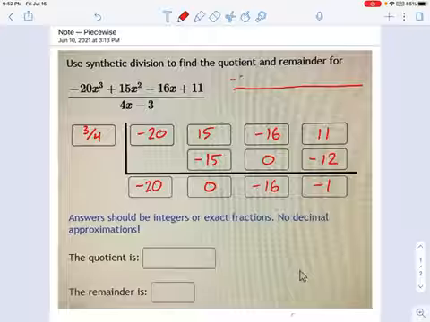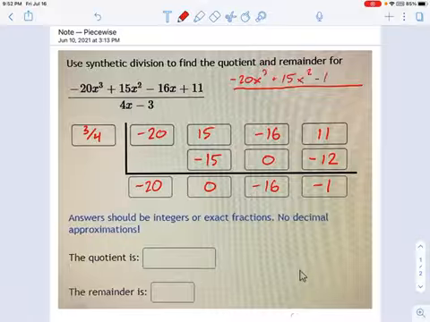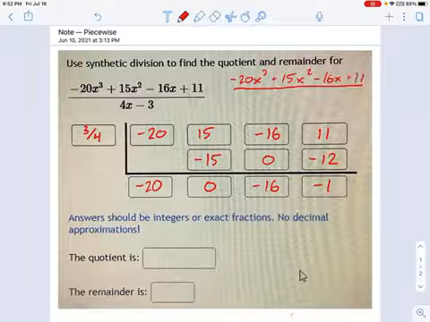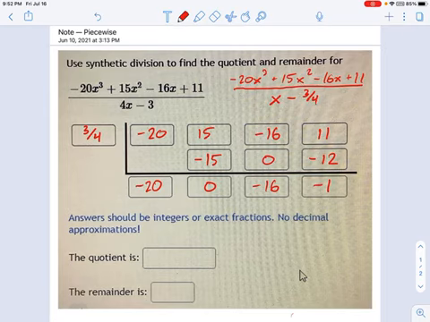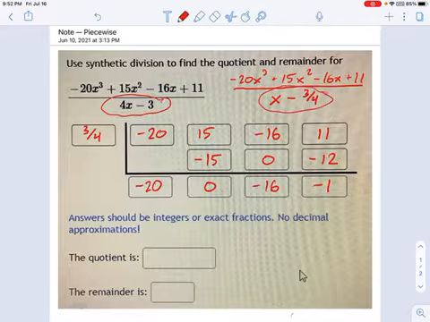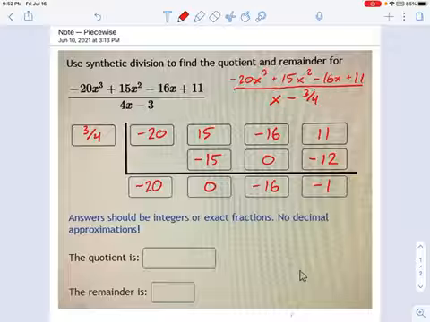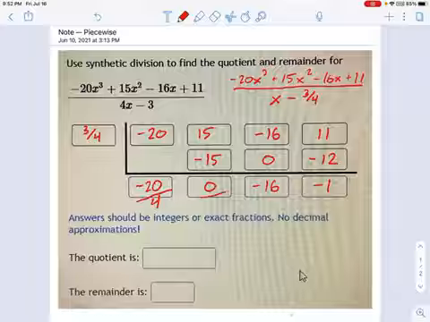And what the synthetic division thinks we just did was the following. It thinks we divided this polynomial that I'm writing here by x minus 3/4. That's what it thinks we did, because I have 3/4 right here. It has no idea that the factor on the bottom was actually 4x minus 3, 4 times bigger than x minus 3/4. So that factor of 4 is how far off our answer is going to be, because we didn't divide it by the right number. We divided it by something that was 4 times smaller. So we're going to have to adjust these final coefficients by dividing them all by 4. That will make it right, in a sense.